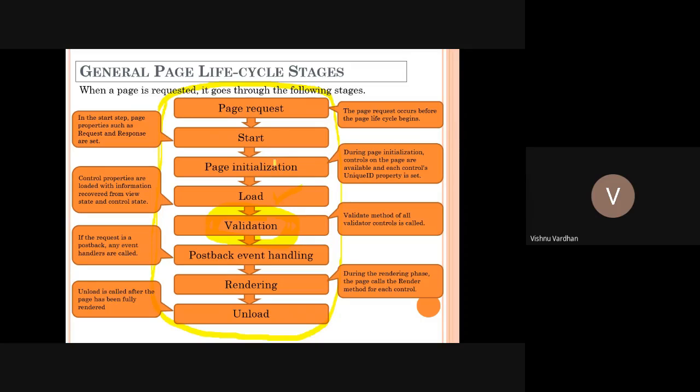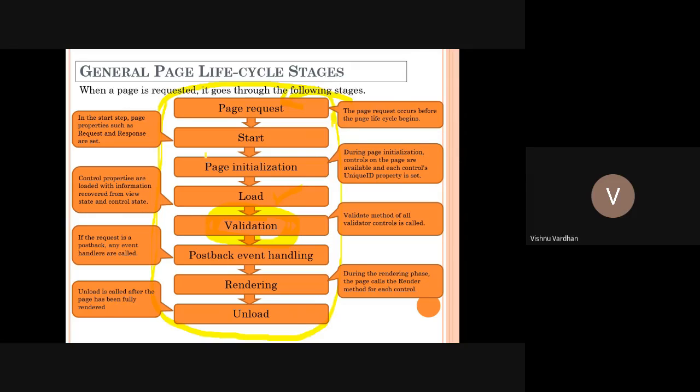Here you can see the page request: the request occurs before the page life cycle begins. This is the first one, where nothing is there in the memory. Whenever we start this page life cycle, this page request event is handled. Then start.